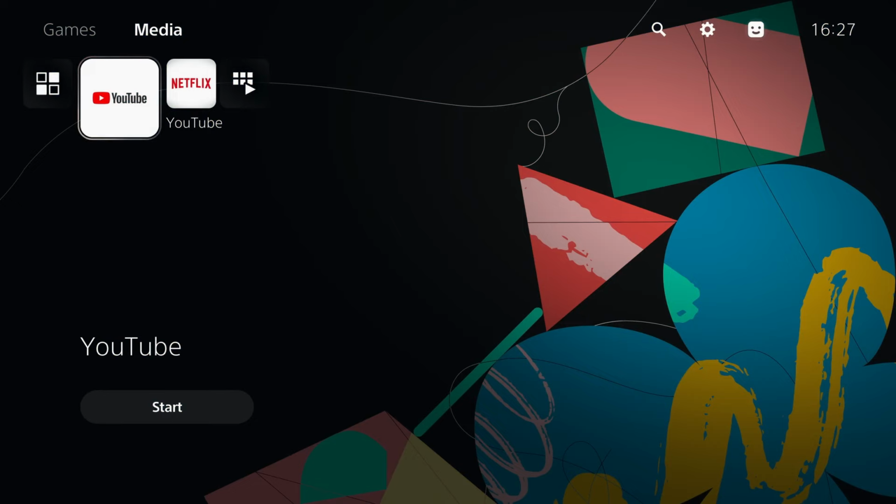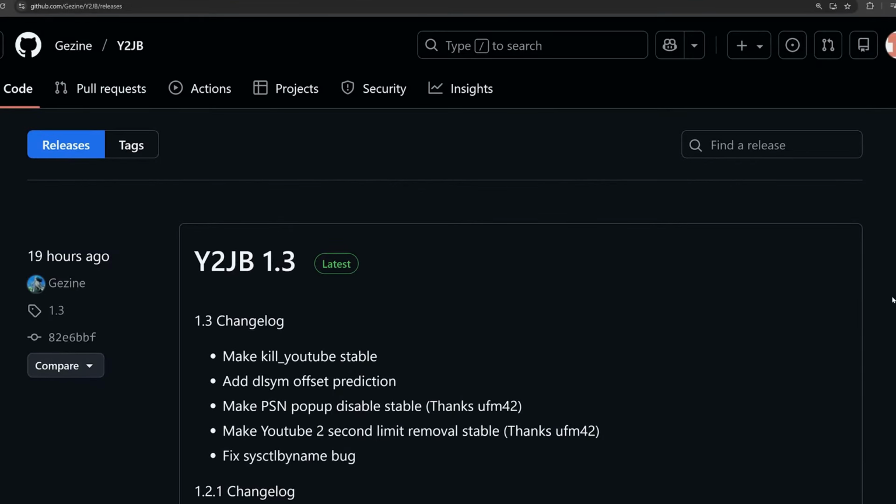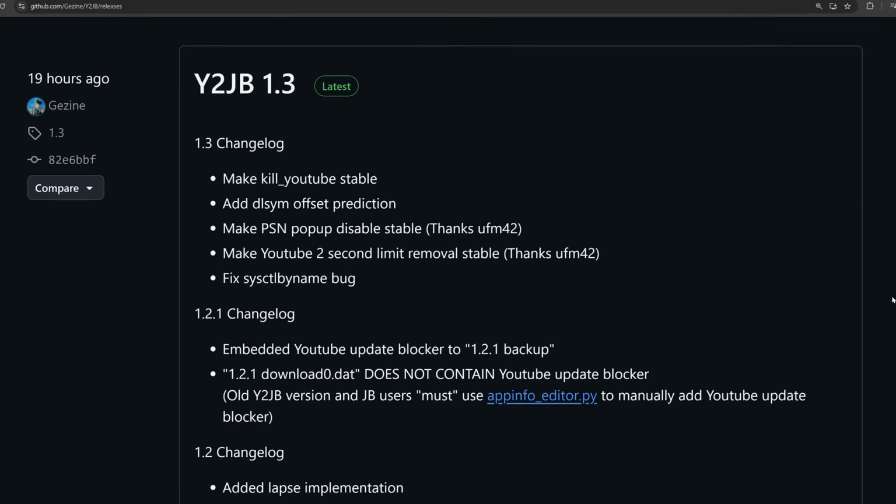Some updates to the YouTube jailbreak that have recently come out. Now, several different updates from different developers here, so I'm just going to combine them all into this one video. Starting with the release from the original developer Gejine of a new release of the original project,